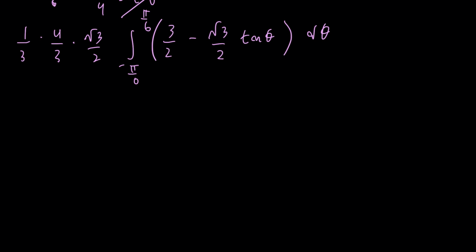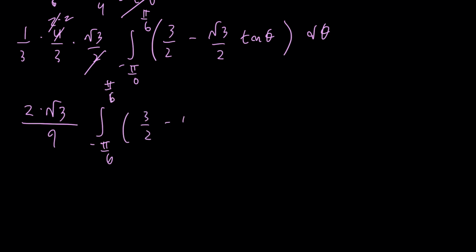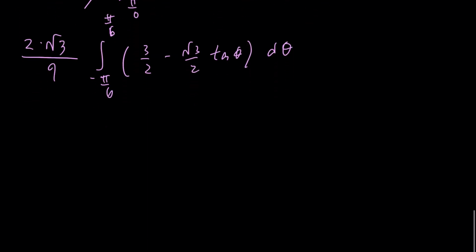And we're going to have, well, 4 is 2 times 2, so these two are gone. So we're left with 2 times the square root of 3 over 9, and then the integral from minus pi over 6 to pi over 6 of 3/2 minus the square root of 3 over 2 tangent theta d theta. And now we just integrate this. So we have 2 times the square root of 3 over 9, then 3/2 theta